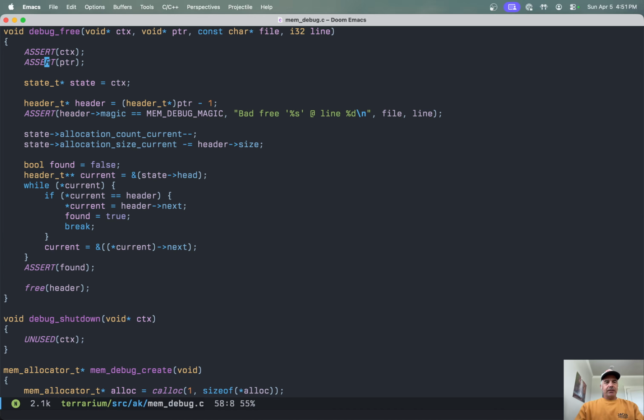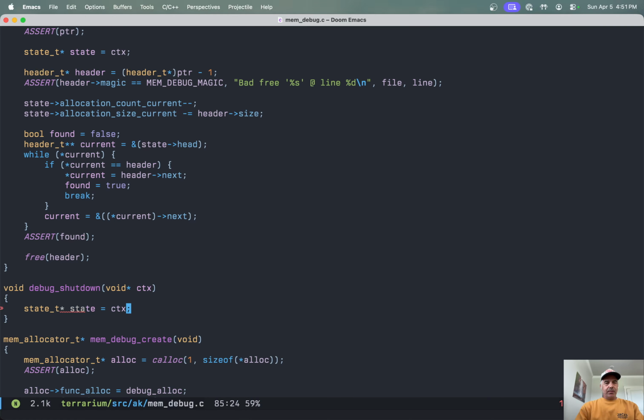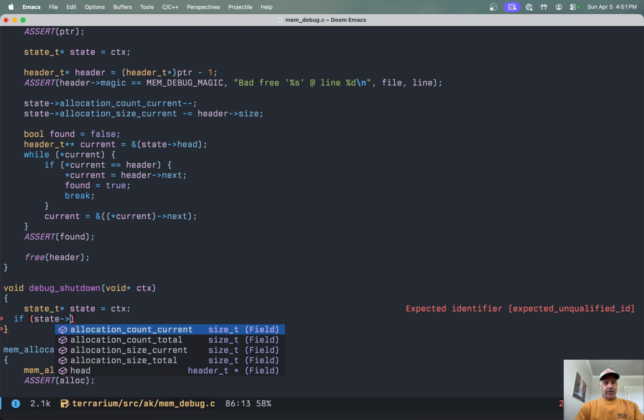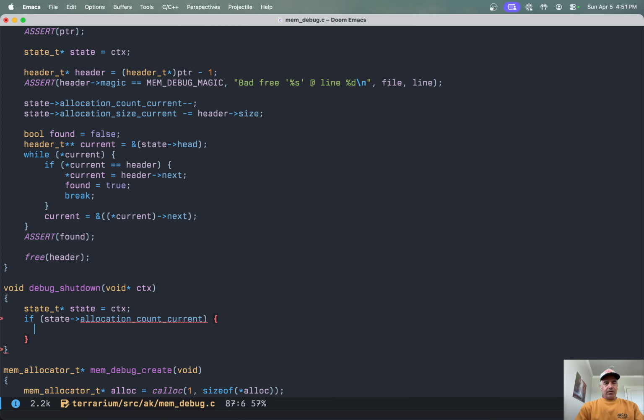because shutdown is going to help us out with debugging this a little bit. This is where we can check if we have any allocations still left over. State equals context. This will probably get a little bit better over time. But if state dot allocation count current,